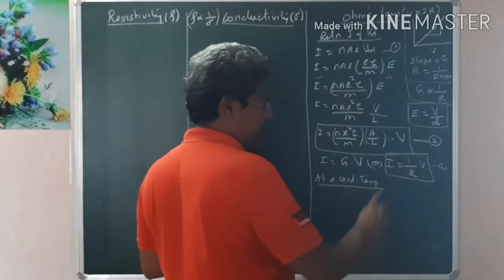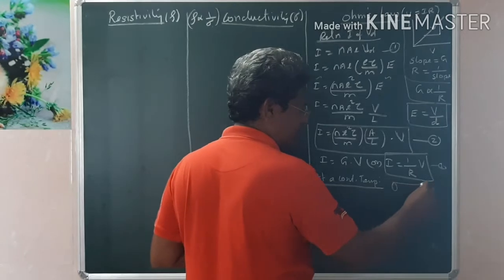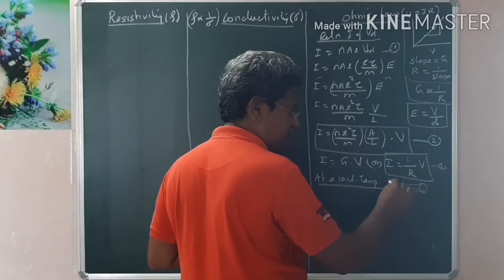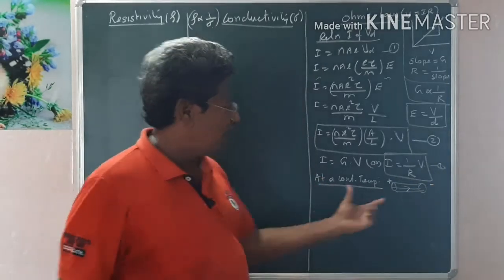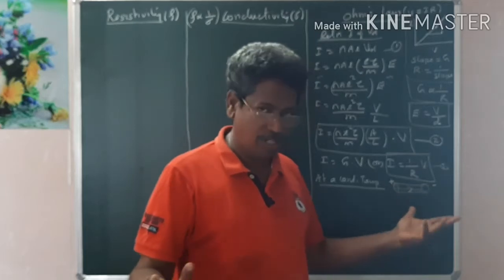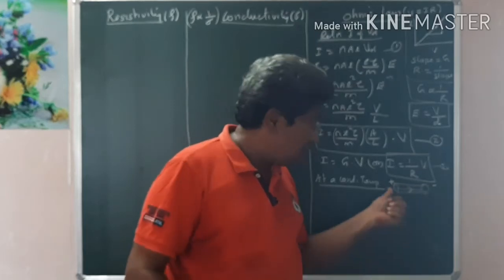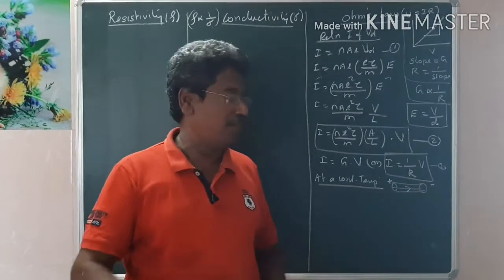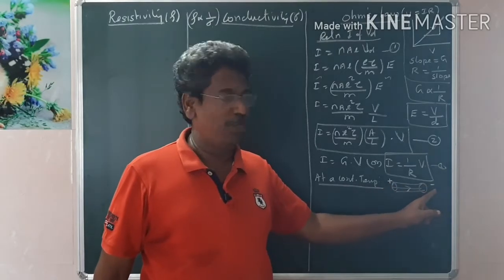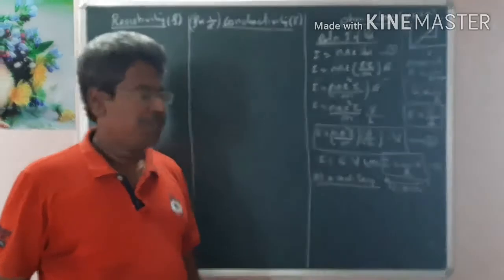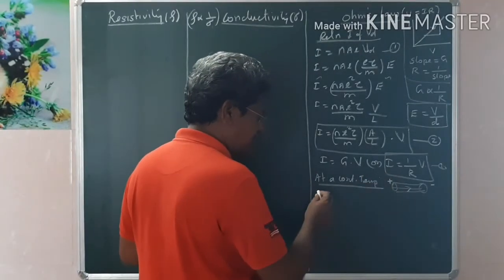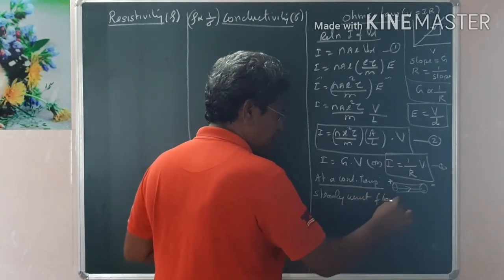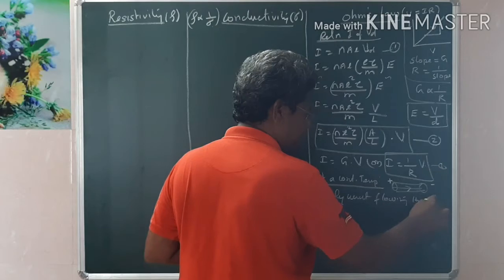At a constant temperature, the current flowing through the conductor, suppose this is a conductor, will depend upon the potential difference. If this is positive, this should be negative. If both are positive, no current flow. Both negative, no current flow. If there is a potential difference, current flows. If the potential difference increases, more current will flow. Therefore, how much current flows through the conductor depends upon the difference in potential between the two ends, which is called V. Therefore, at a constant temperature, this is a steady current flowing through the conductor.